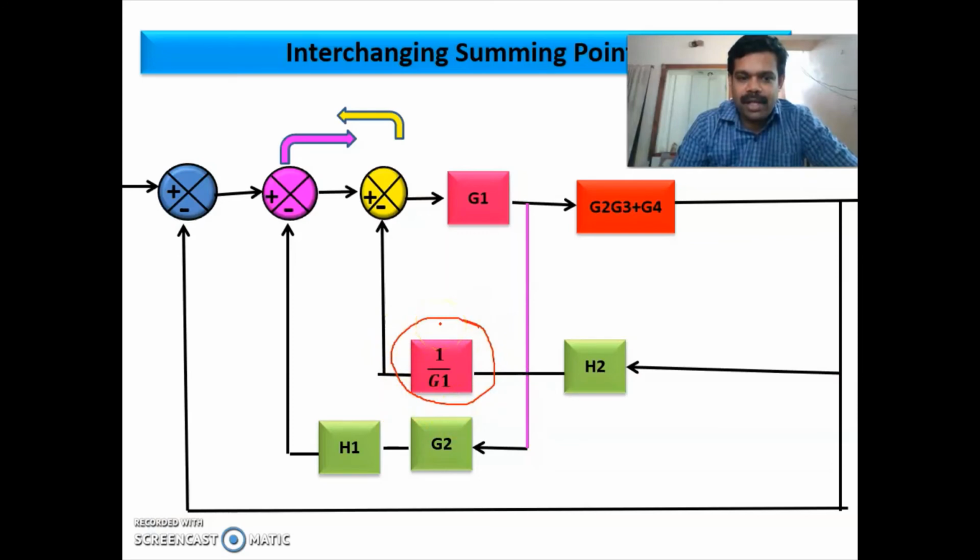Why? Because before shifting the summing point, what we are getting, we have to get after shifting the summing point also. So we are multiplying it by 1 by G1 because while shifting the summing point, a G1 will also come with this line. So we are eliminating that G1. So in order that, we are multiplying it by 1 by G1. Okay. So next step what we are doing is we are